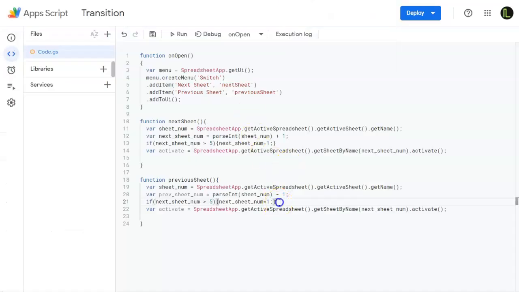So let's see this in case we are on the first sheet. We want to specify that if previousSheetNum, which will be current sheet minus 1, is